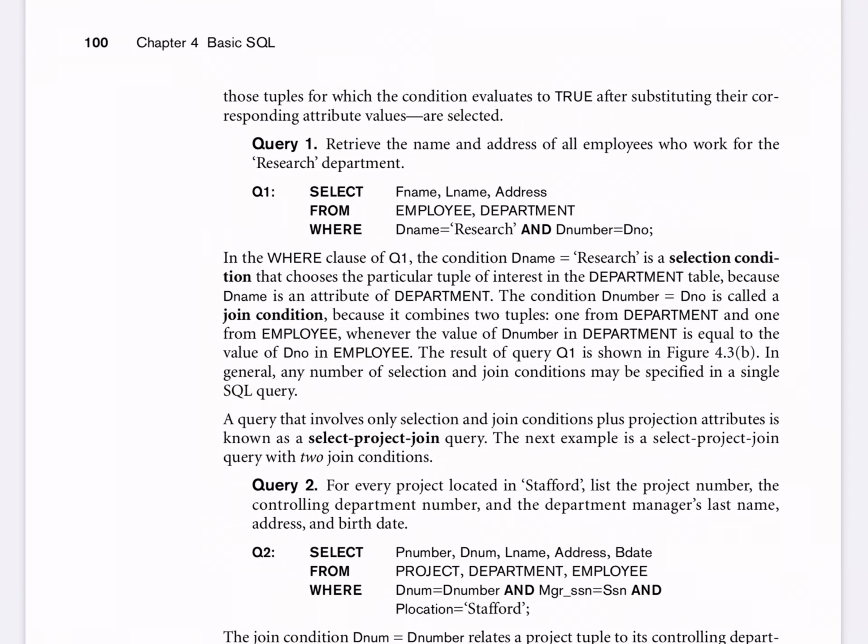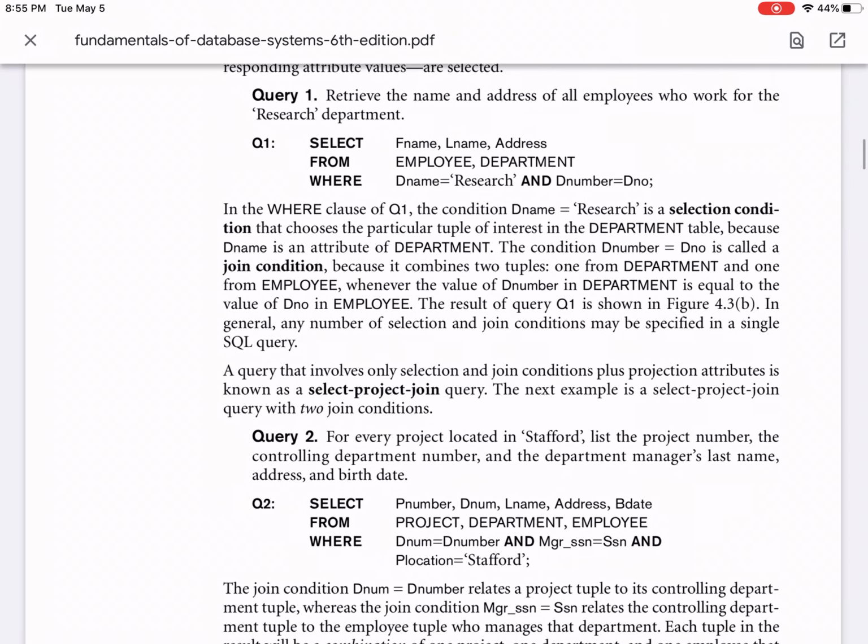This retrieves first name, last name and address of the employees from the two tables, employee and department, wherein D name is research, which is in the department table, and I am tallying that with the other table, that is employee. So this is the first query.